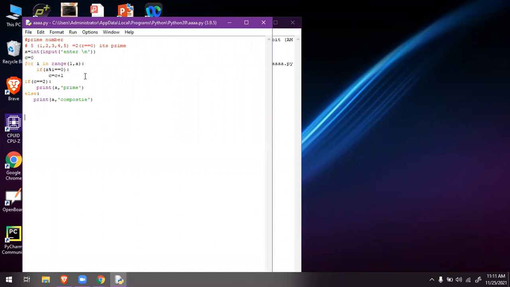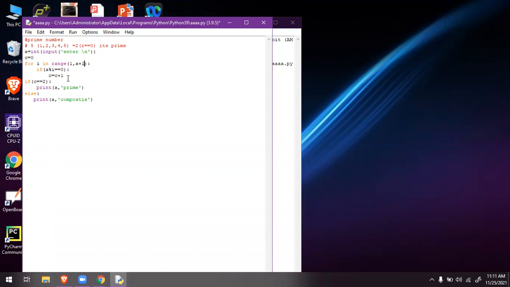Because 11 is not divided by the number itself. The range is giving values up to 10 only, not 11, because the user typed 11. So in order to get 11 in this range concept, we have to write a plus 1.